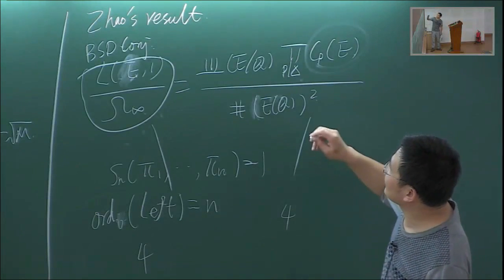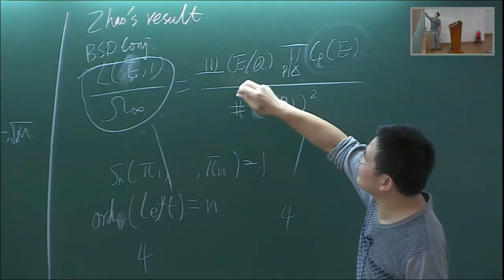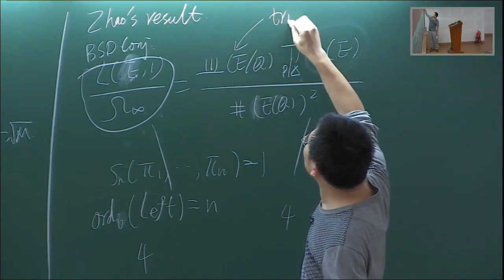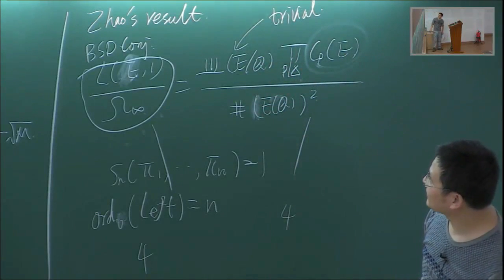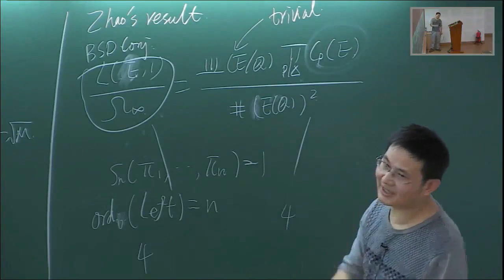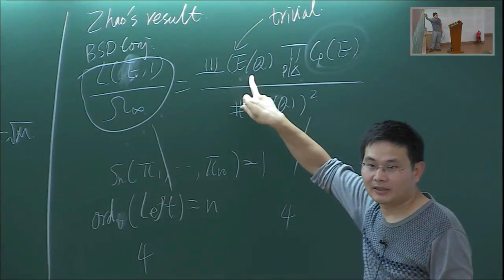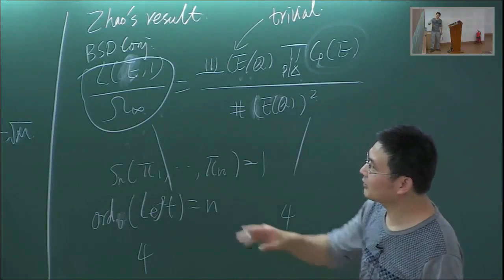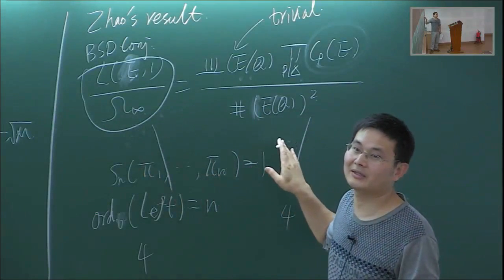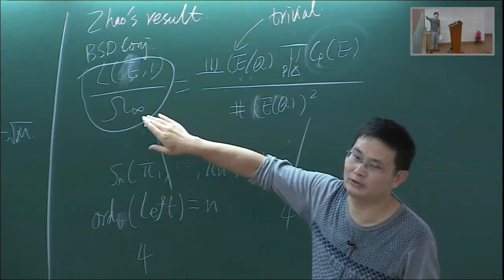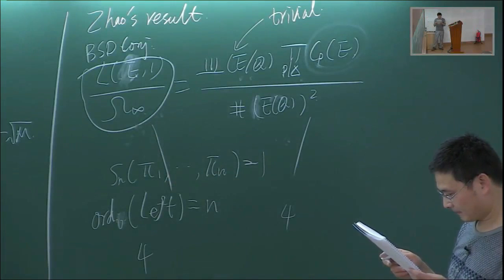So the important thing is that you have to choose those e's such that this is trivial. Zhao's way is that if you choose at the beginning, the theta subfield group is trivial, and then you can use this way to control the 2 factors of these 2 parts. There are different ways, but I think the difficulty is to control this part. This is Zhao's way, and Zhao's method is